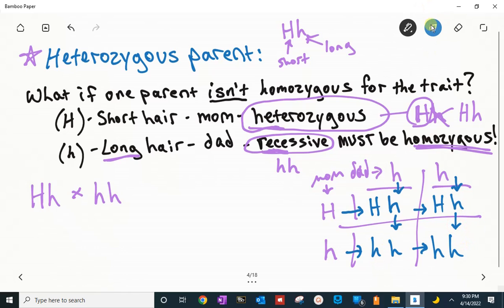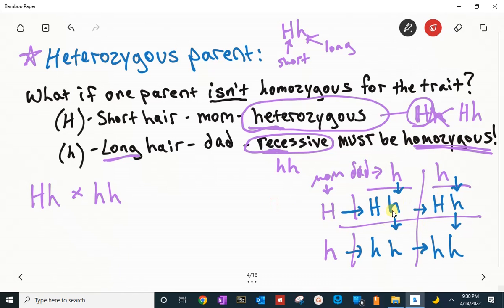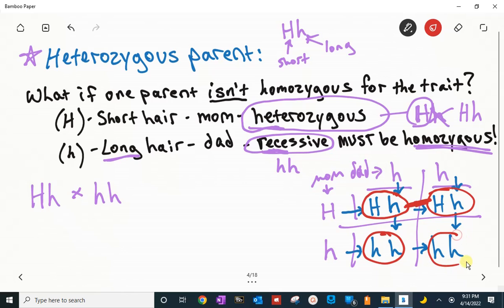And so now this is how their children could turn out. And here's how you read this. So we have capital H and lowercase h, capital H and lowercase h. So these are the same thing. And then we have lowercase h and lowercase h and a lowercase h and lowercase h, and these are the same thing. So if you look at this, 50% chance